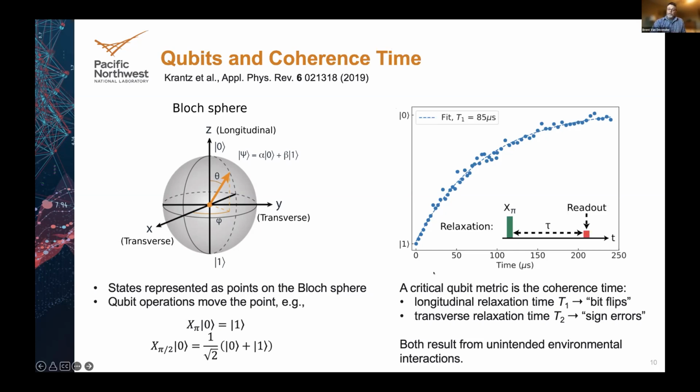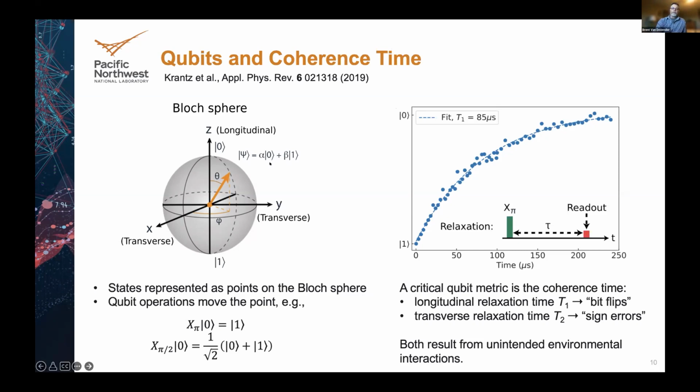The coherence time refers to how long it can maintain that state before some unintended interaction with the environment wrecks it. So there are 2 ways you can fail in a qubit. There's what we call longitudinal relaxation. That's a type of error we call a bit flip error. That's analogous to classical errors, where you can just lose your orientation along the z-axis between 0 and 1. But you can also lose what we call the transverse relaxation, or a sign error, where you put yourself, say, on the equator, but maybe you drift around and don't stay exactly there.